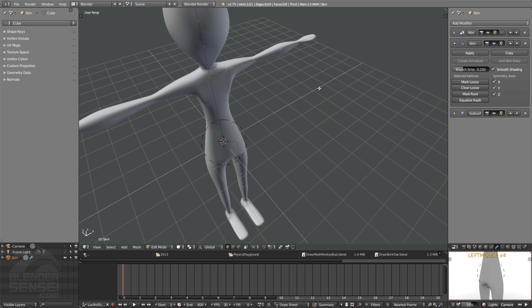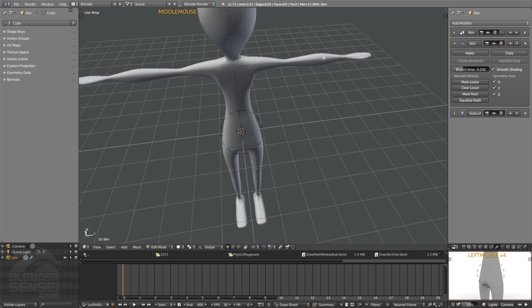So we haven't discussed the basics of armatures and rigging, so I'm not expecting you to understand a lot about armatures and what makes a good armature. But I do want to point out that while it's really cool that this skin modifier can convert the edges and vertex points we're using to generate the mesh, it's cool that it can convert this into an armature, but it doesn't necessarily make us a very good one. For instance, right here in this forearm, where we use this point to give some meat to this forearm here, it's a great control point, but it's not going to really help us as a kind of bone